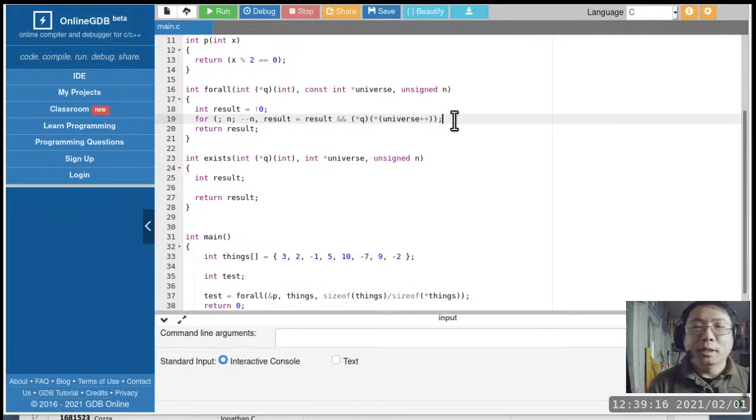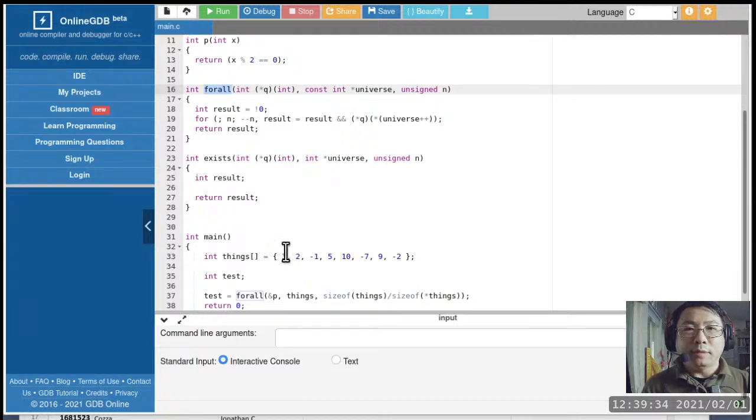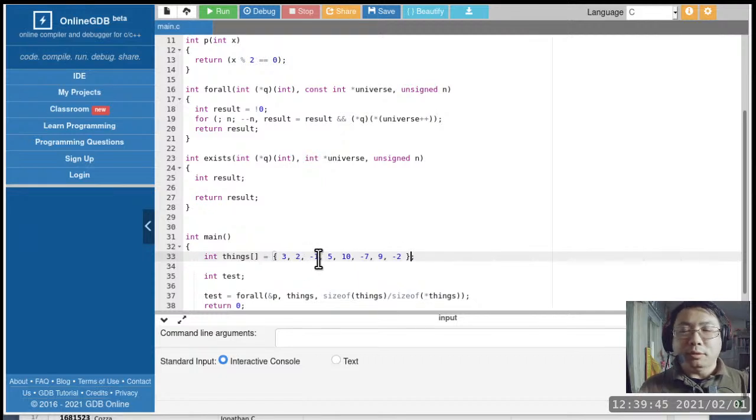Okay. All right, so let's go ahead and check this out. The answer should be false, right? Because p of x is going to return true if and only if x is an even number. And then we are asking, is it true or false that for everything in our universe, that thing is an even number. And we can tell right away that no, not everything is an even number. Some are odd numbers.